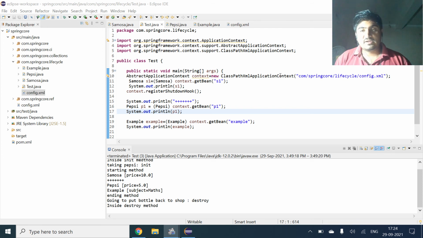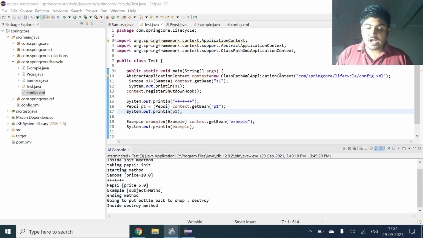Now in the next session, I will be moving towards the practical use of annotations and auto wiring in XML. So auto wiring in Spring Framework will be my next topic, and auto wiring using XML will be next.